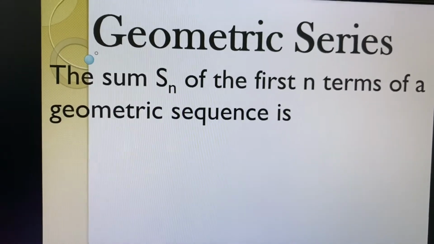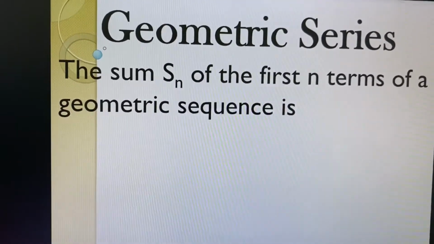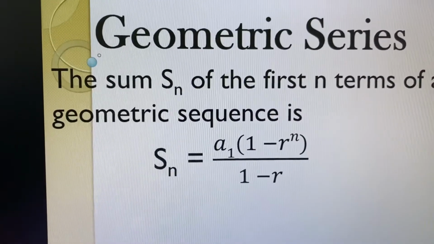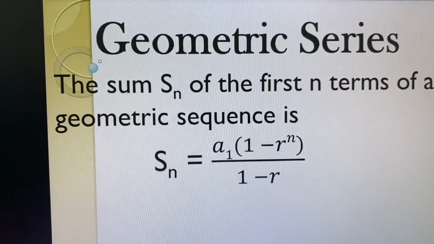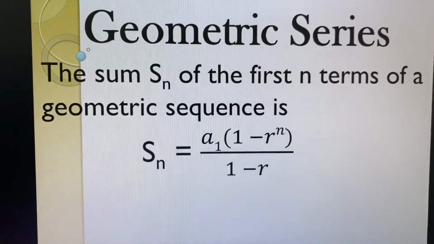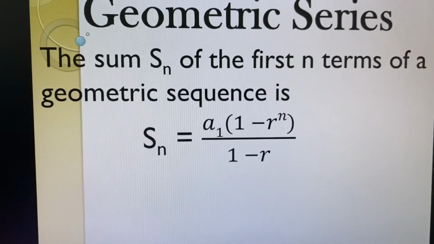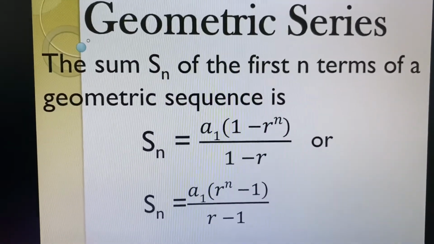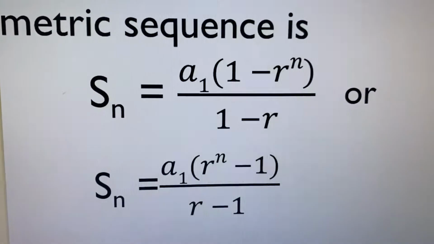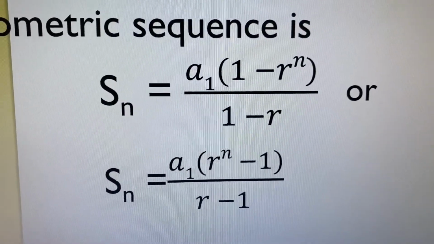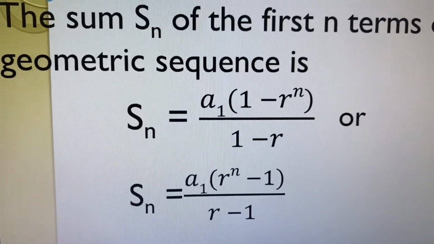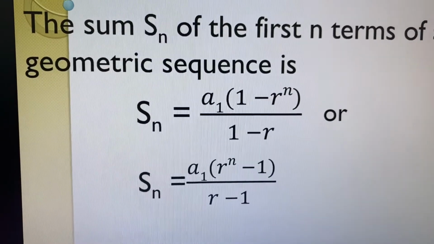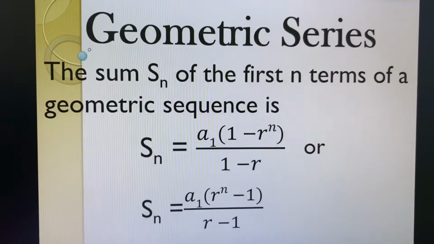The sum S sub n of the first n terms of a geometric sequence is S sub n equals a sub 1 times quantity 1 minus r raised to n all over 1 minus r, or S sub n equals a sub 1 times quantity r raised to n minus 1 all over r minus 1. We undergo derivation to get the second formula of a geometric series,